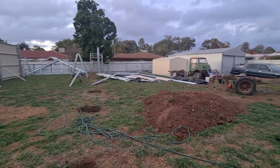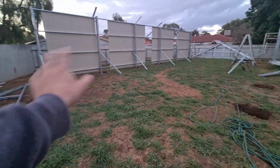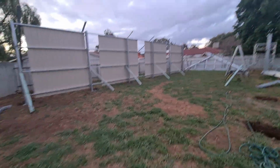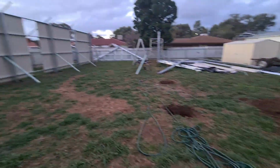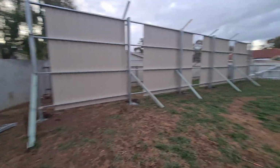He laid everything out, worked out where everything was going, and had a bit of a plan, marked everything out, did some lines and some string lines and stuff, got everything sorted. So that was Monday. Tuesday, he built this wall and dug all the holes for all the poles. And then Wednesday, which is today, so this morning, after I got home from work, I had like an hour